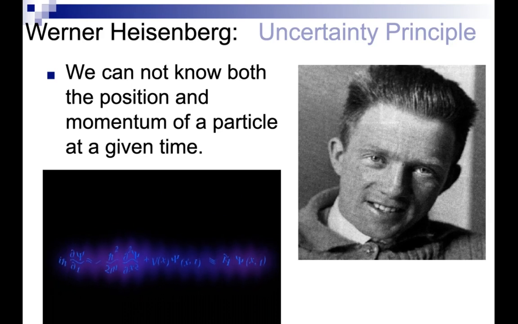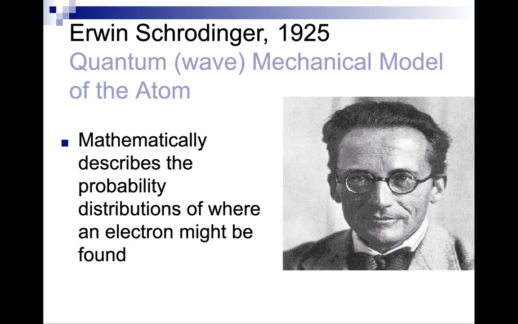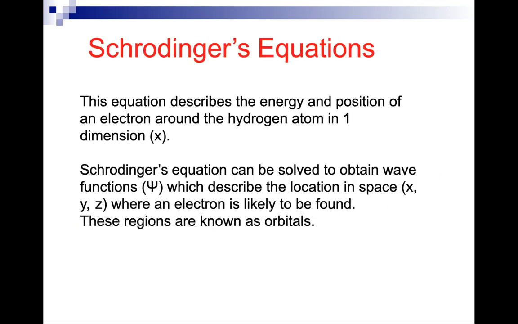The solution to Schrödinger's equation, called the wave function, is a fantastically accurate description of the real world. Schrödinger was able to mathematically describe the probability distributions of where an electron might be found. And his mathematics is astounding. So this would be his equation, and each of these symbols represents a certain variable within the equation. And from that, he could actually deduce the probability of finding an electron in a given space in and around the nucleus. And this takes us to